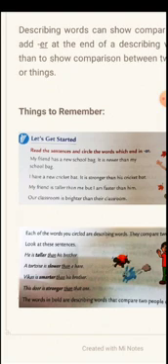So here we are using the describing word brighter to compare our classroom with their classroom. Okay, so the word brighter is another describing word which is used here to compare our classroom with their classroom. So how is it used? Brighter than. So remember this word than. Without this we cannot compare two things.